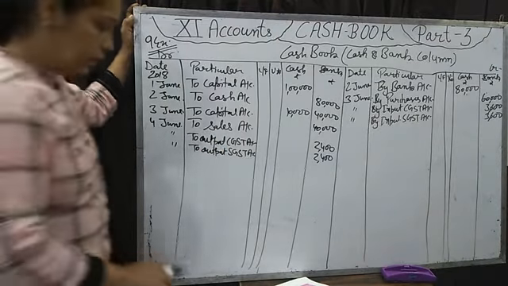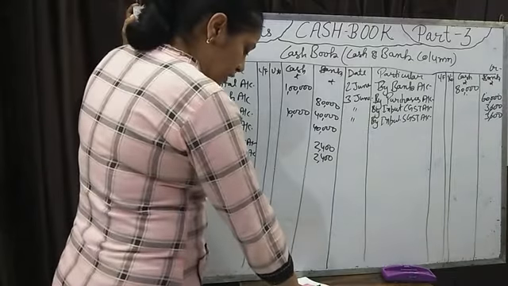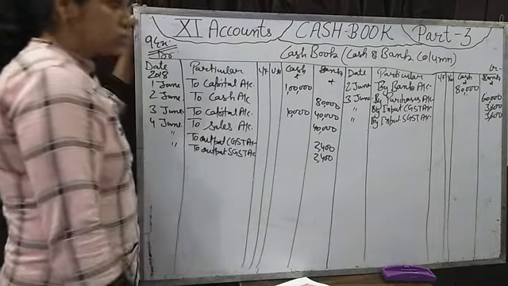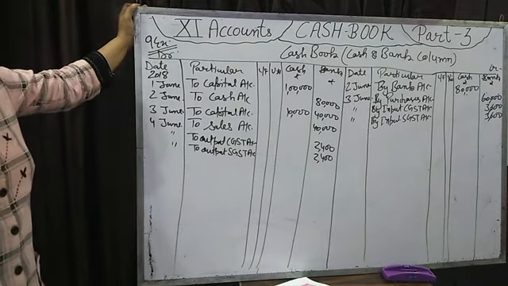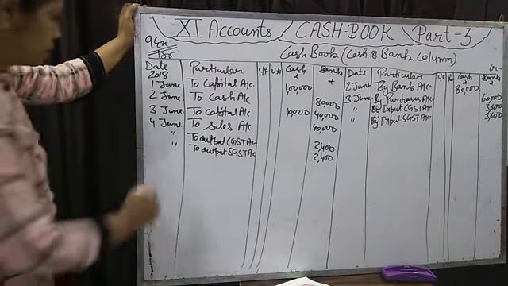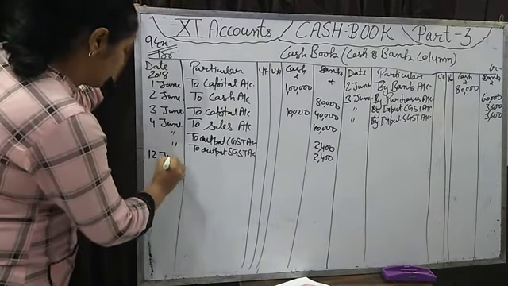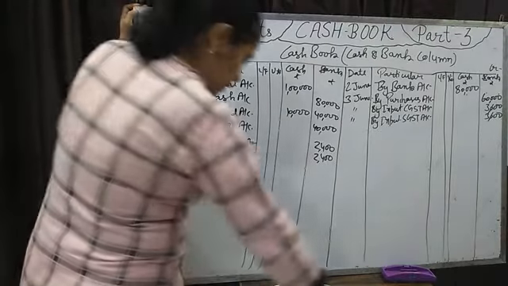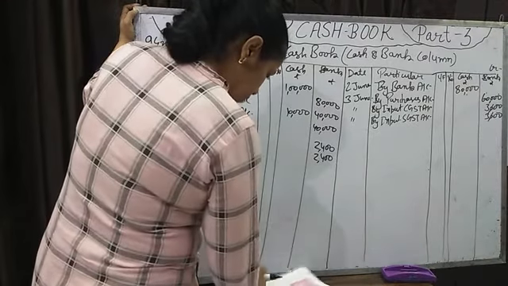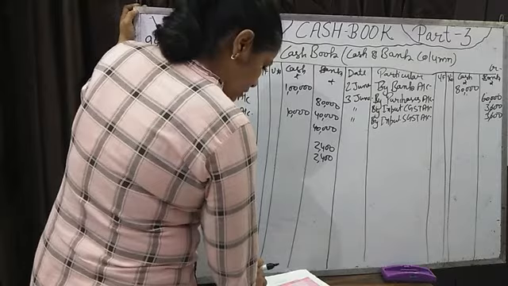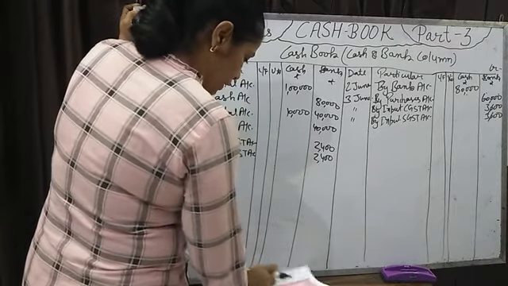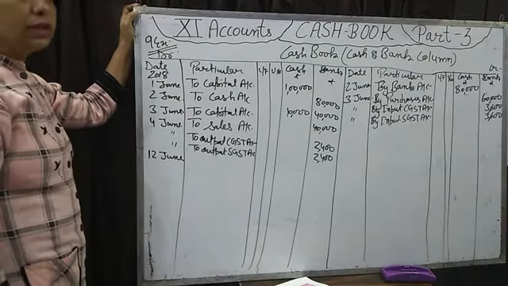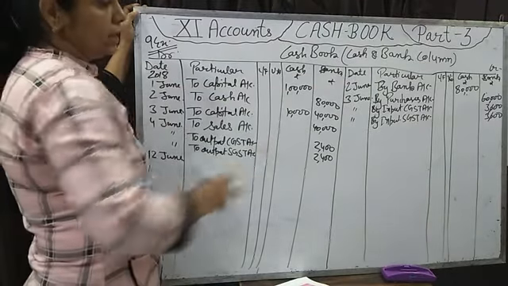But you see that on 12th June we are depositing the check. Okay. So we will not write on 10th June. We will write on 12th June when we deposit this check into the bank. Okay. Do we have a journal entry? No journal entry we have to pass. We have to make only the cash book. If the question mentions that we should pass a journal entry also, then you will make the journal on the side.